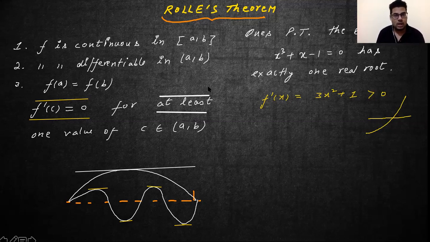But try to understand how we can utilize Rolle's theorem. Just try to understand one simple point. Understand the statement of Rolle's theorem. It says that we have such and such a function, continuous, differentiable, and f of a equals f of b, right? Then it talks about the root of the derivative. Here you are directly thinking about the root of the function. x cube plus x minus 1 equals 0 has exactly one root. In Rolle's theorem, we talk about the root of the derivative, not of the function. So try to think from that perspective, and you will get the answer.